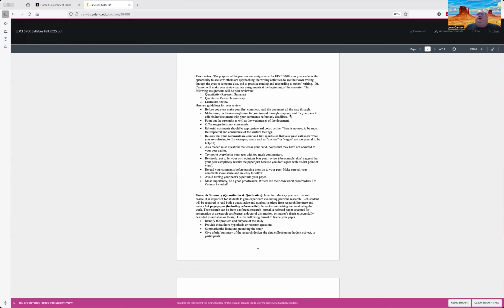You can read through here the guidelines for a peer review. The last one I just added, and the most important thing for the peer reviews of the papers is to be a good proofreader. And I'm guilty of this. We're all guilty.